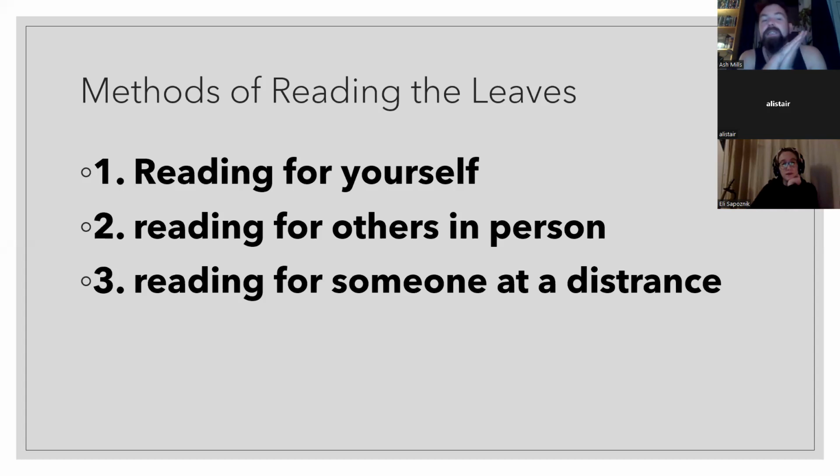So I'll talk about different methods of reading the leaves. I'm going to teach what I was taught. Reading for yourself, there's a whole sort of ritual that goes on with it. I'll go into tea leaf reading and what kind of loose tea,